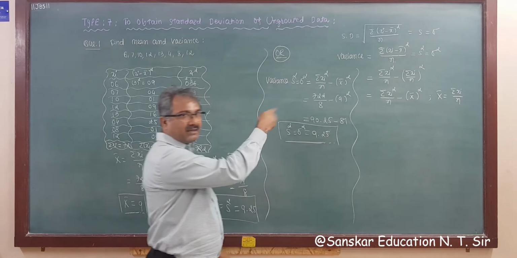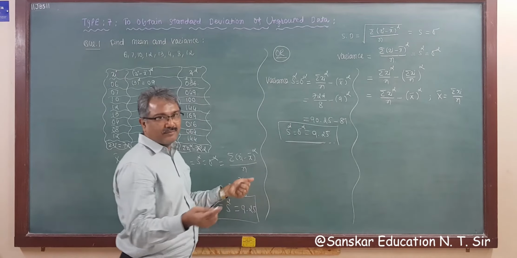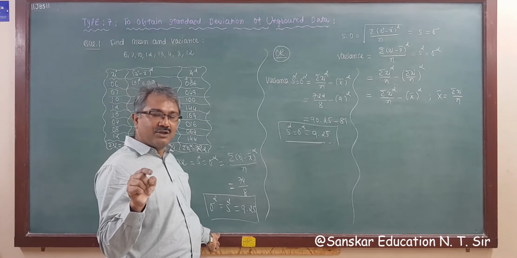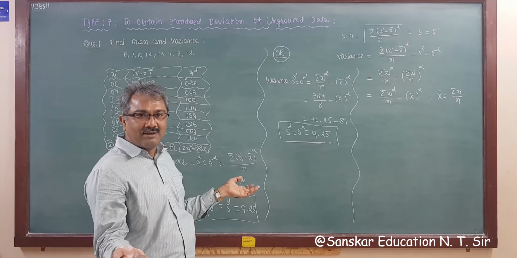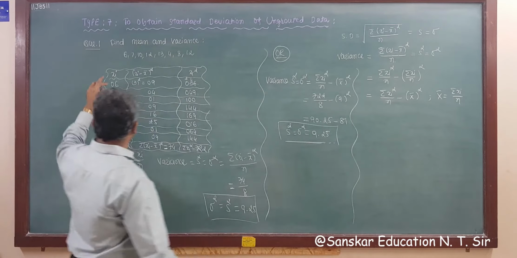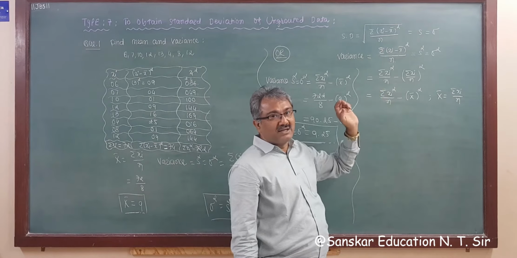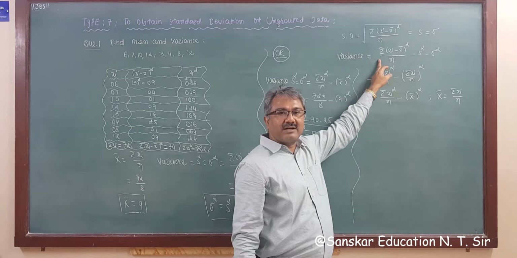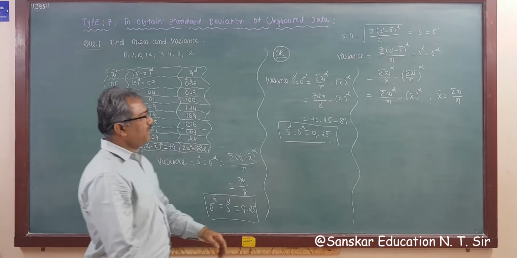So in both methods, whichever formula you apply, you will get the same answer. The only condition is that you never make a mistake in calculation. So you can easily apply any one formula, whatever you want. But I suggest you apply this formula when the number of observations is very small, because you have to square the numbers. If the observations are small, then apply this formula. Otherwise, the other formula is very convenient to calculate. So according to that, you have to apply.